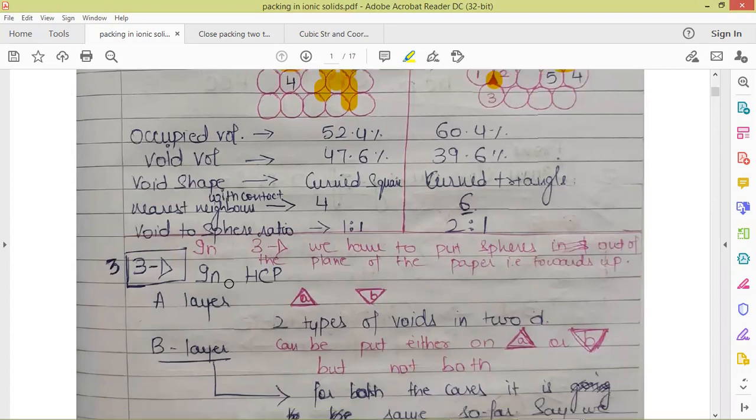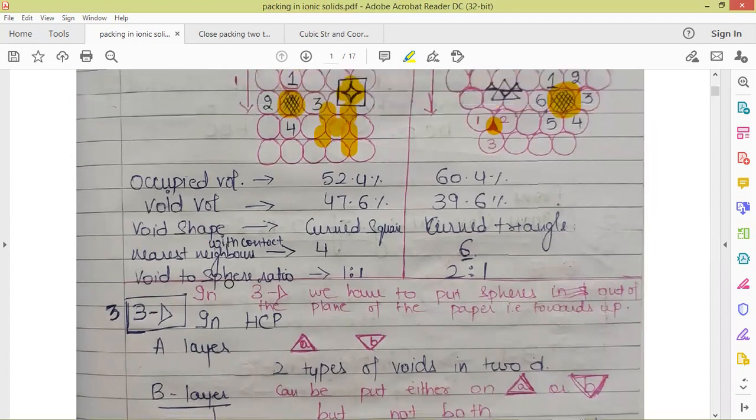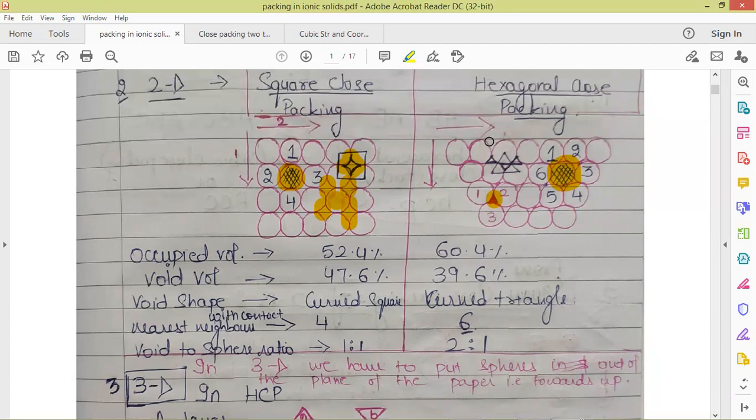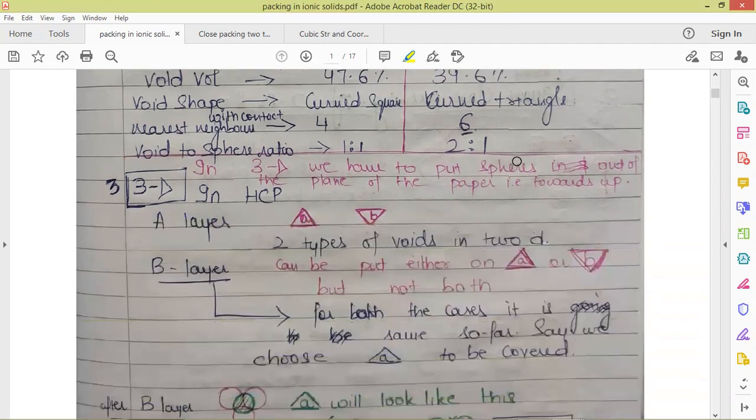So if we consider putting the second layer over this layer, what that would mean is we are considering putting the second, upward layer on the hexagonal close packing system first. Here, as I have mentioned earlier, there are two types of voids created on which the upper layer can be put, that is upward facing triangles and downward facing triangles. We can choose any of the voids to put the spheres for the second layer.